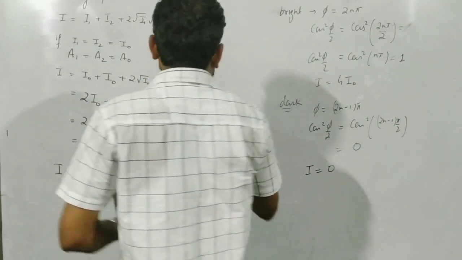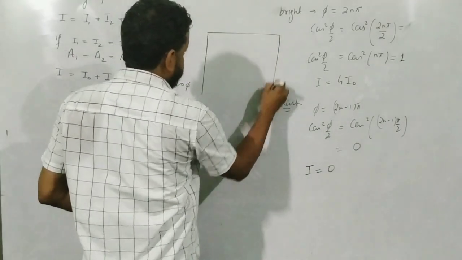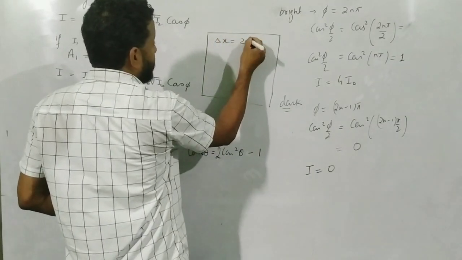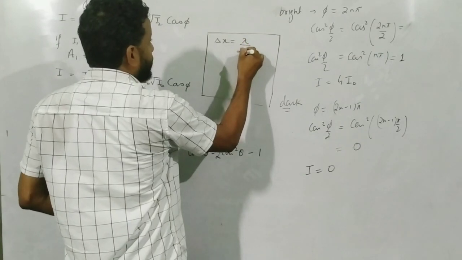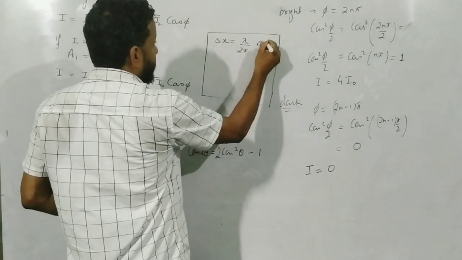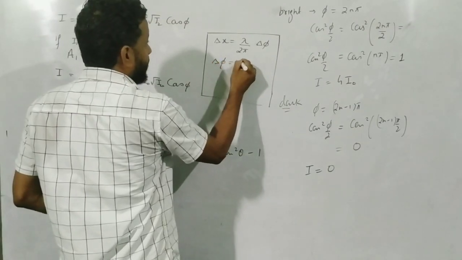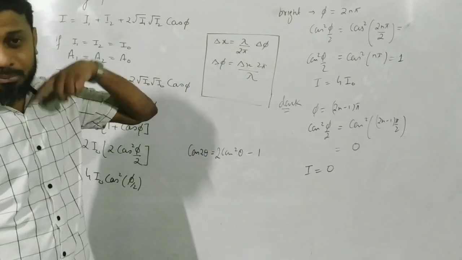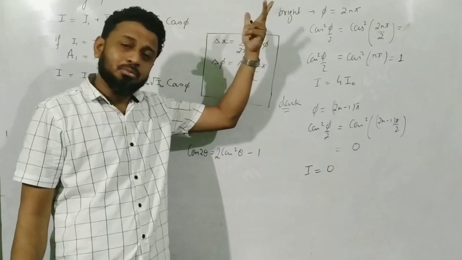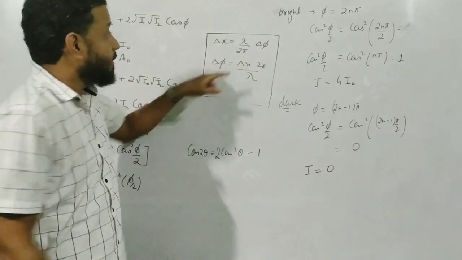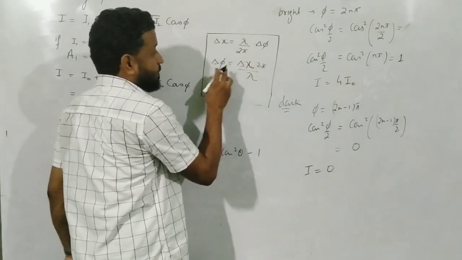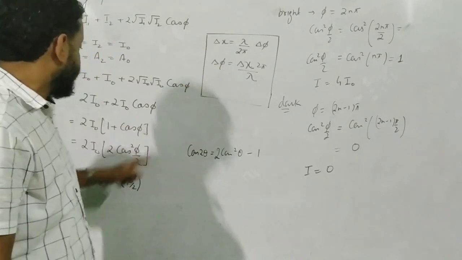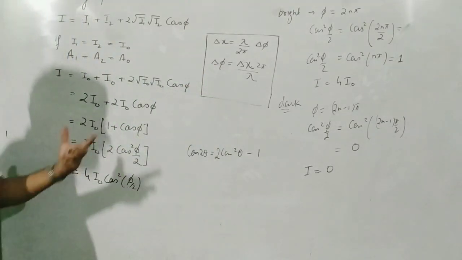Remember, this is an entrance question. If a path difference is given to you, definitely you can find the value of phase difference. Remember the formula: phase difference delta phi is equal to 2 pi by lambda into path difference delta x. So delta phi will be equal to delta x into 2 pi divided by lambda. Please give me the liberty of writing delta phi and phi, both are the same. So for any value of path difference, you can find the corresponding phase difference, and when you find it, you can put that phase difference in the formula and find the intensity at that point.